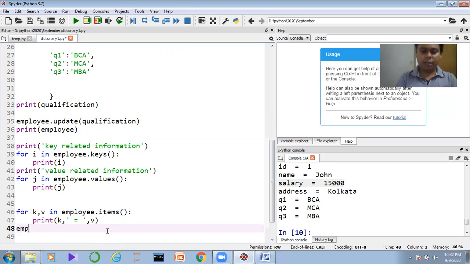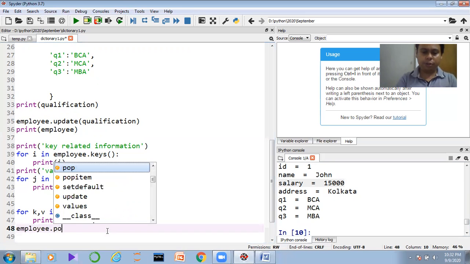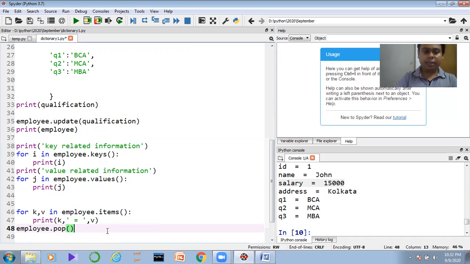I am calling a predefined function called employee.pop. But here pop is taking only the key, because we don't have any kind of index number here. So I am only passing the salary. Take the salary here.